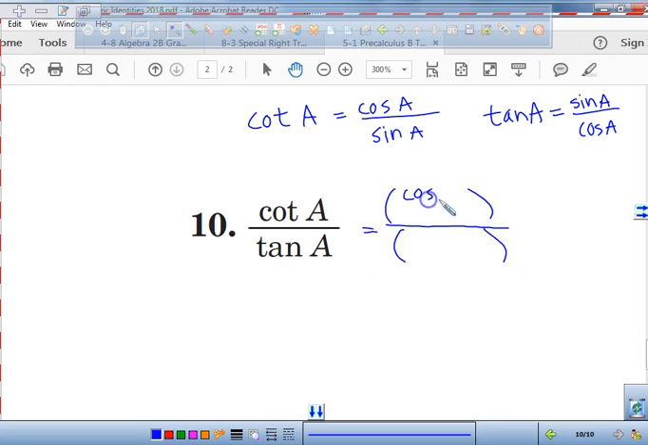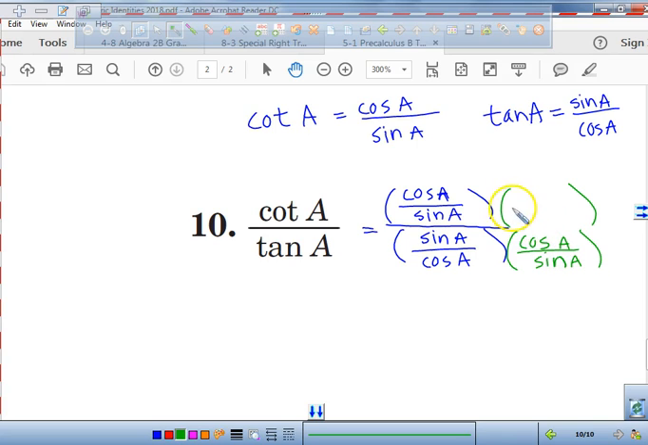I've got the cosine of A over the sine of A, and here I have the what? I have the sine of A over the cosine of A. So what we have to do is multiply both this and this by the what? By the reciprocal. So what's the reciprocal of this? The cosine of A over sine of A. And what's the reciprocal of this one? Cosine of A, right? Over the